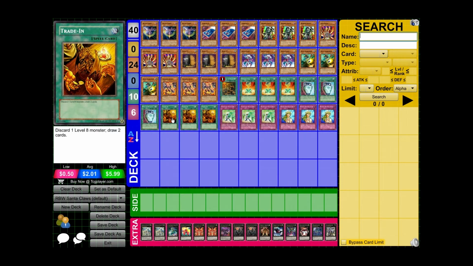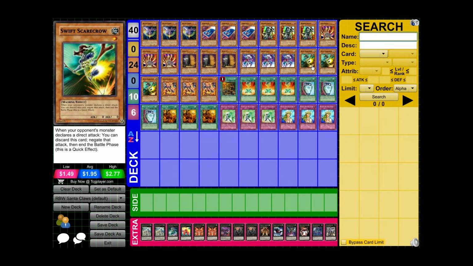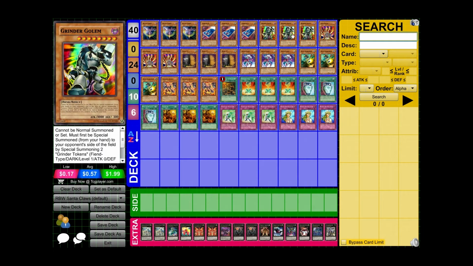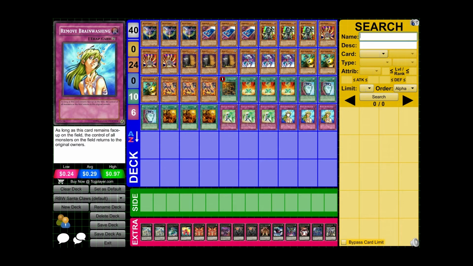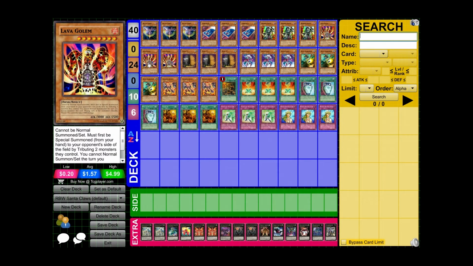It's very all-in, and it has very little defensive strategy beyond dropping Battle Fader and Swift Scarecrow. So it is a bit of a gimmicky deck, but it also relies on having a good balance of either the spell card and or the trap card, as well as the monsters. If you get all of either of them, like a handful of monsters or a handful of spells or trap cards, the deck is almost entirely useless because you cannot normal summon, and you can special summon these to your opponent's side of the field, but you'll just be giving them massive monsters. So I wouldn't call it a consistent or even a very good deck, but it's hilarious when you manage to